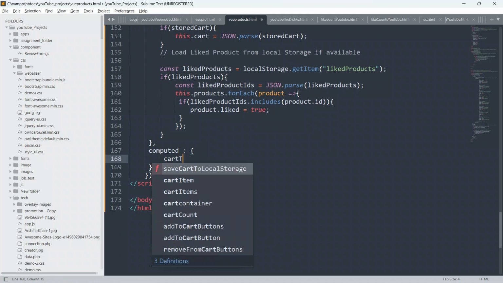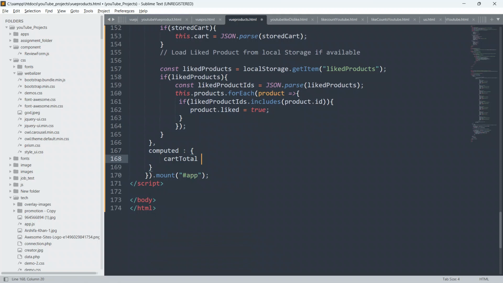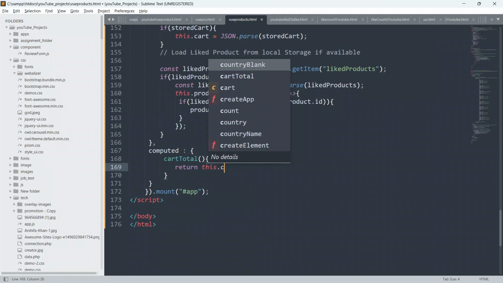We will create the function cartTotal, and return this dot cart.